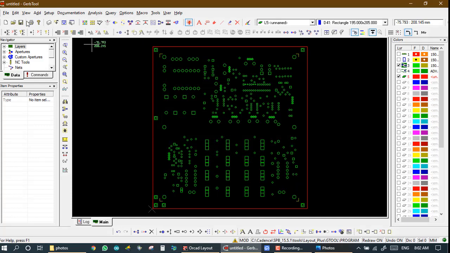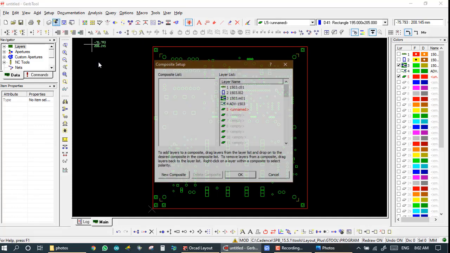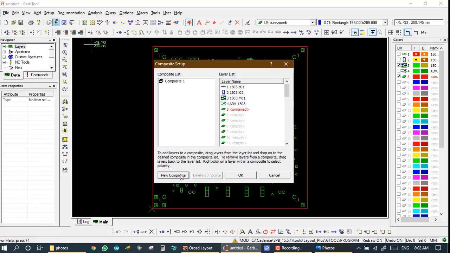Cancel it. We will composite, new composite, click on it and drag to here. So this is my 5th layer, and unnamed, we don't give it a name.